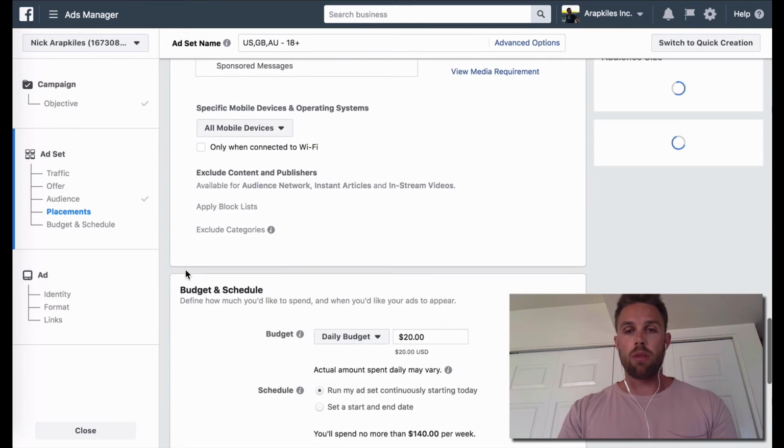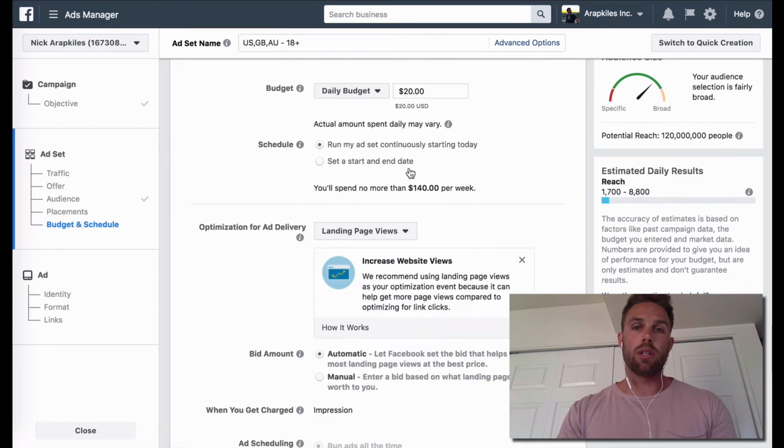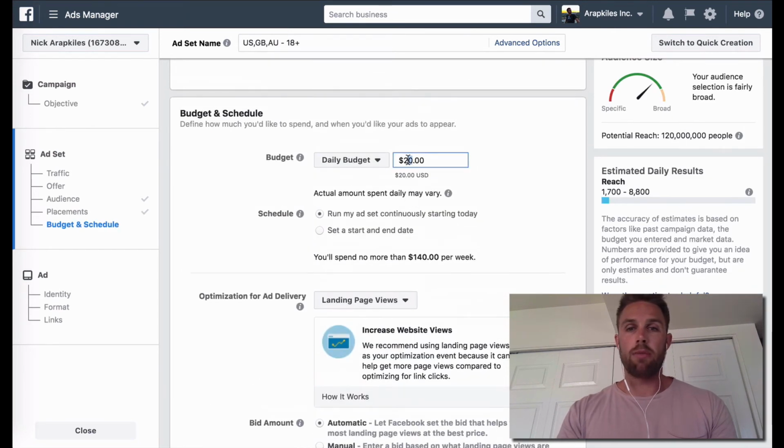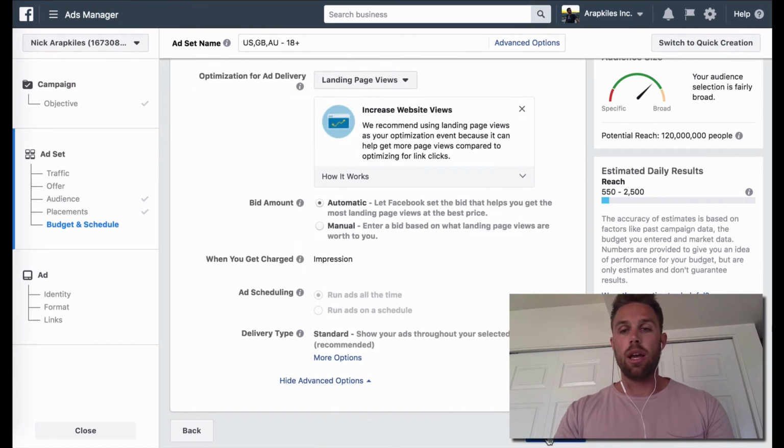So then we come down, figure out what your budget is. I would definitely always start small. I typically start with maybe $5-10 a day, and then if it's working, I scale up from there. Hit continue,